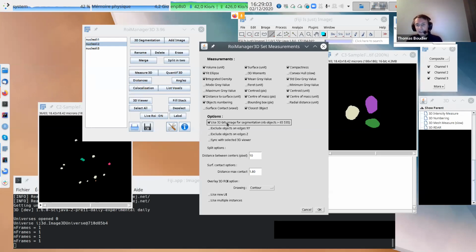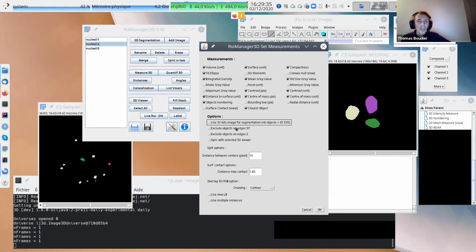If you do segmentation, you will need to use a 32-bit image. If you have 100,000 objects, some people have, that's crazy, and 3D Manager can handle this. You will need a 32-bit image because a 16-bit image can only go up to 65,000. So if you have an object 80,000, you cannot use a 16-bit image. In case you have a crazy image, you can use this.